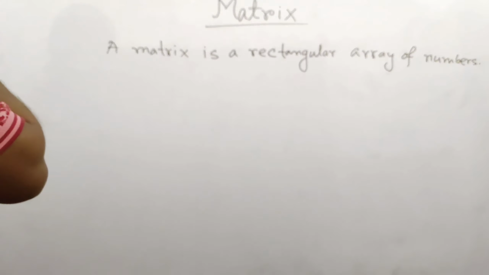That means here 3 rows and 3 columns, so that's why I wrote I3. That means a unit matrix should be a square matrix and the first diagonal elements should be 1 and the other elements should be 0. Then this matrix is called a unit matrix, which is denoted by I. So if anywhere I2 is written, that means it's a 2 by 2 matrix. If anywhere I3 is written, that is a 3 by 3 matrix.